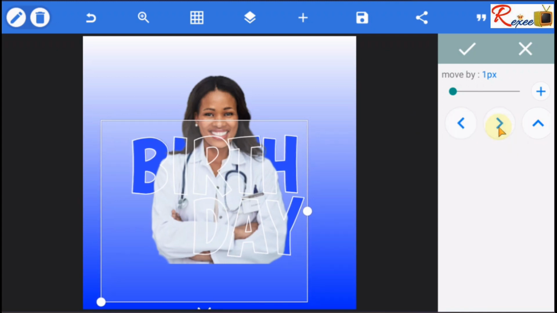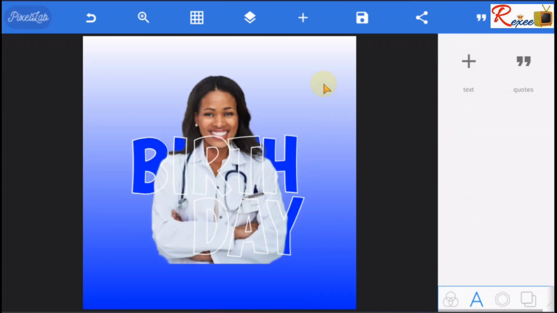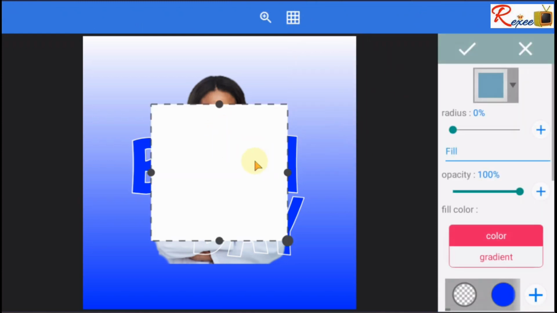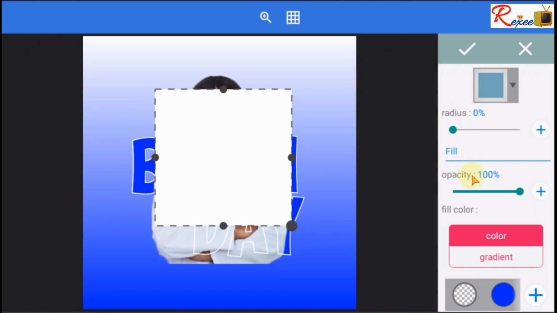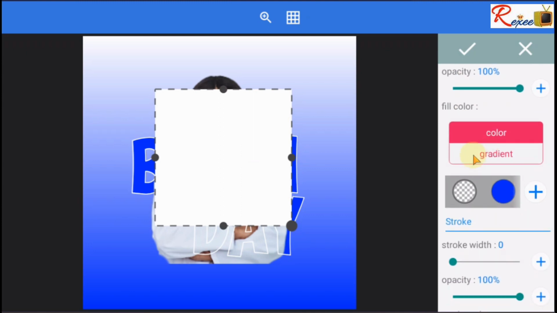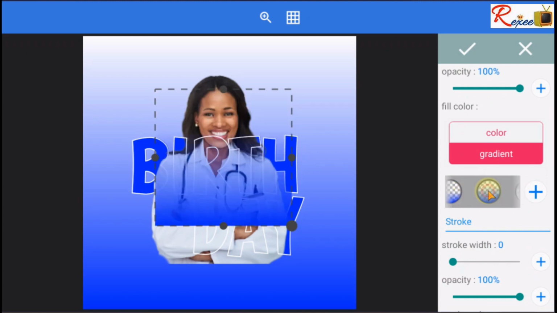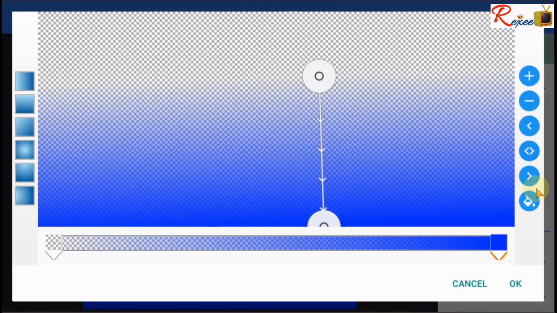Okay, good. The next thing, I will take a shape. So I can just tap on this plus sign, go to shapes, and then I'll select this square shape. Then you go down to gradient. Select this gradient. This is how it was combined. Tap on this plus sign. Then